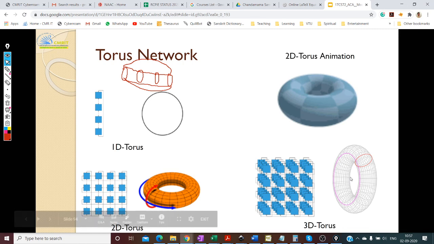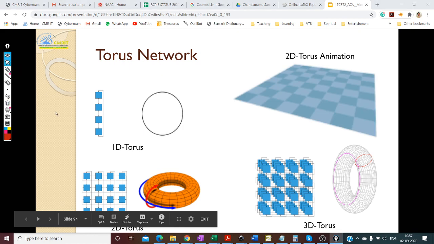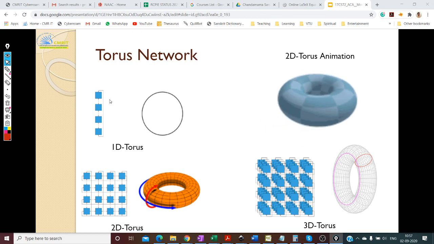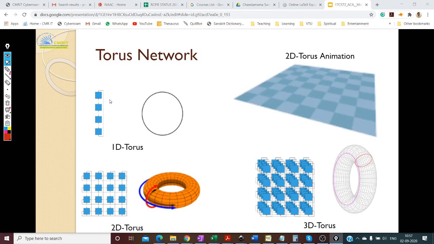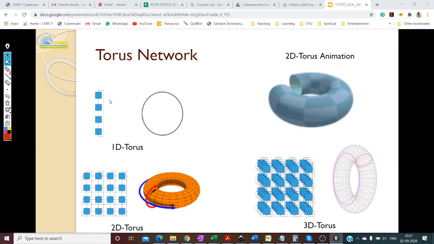So it's highly scalable. Remember, I actually mentioned scalability. So when you have a network, let's say I have 1,000 processors, right? I make a torus out of it. I buy another 1,000 processors now. Now I can actually connect them. I can make a 3D torus out of these two different networks. I can connect the two tori, and then make one 3D torus.